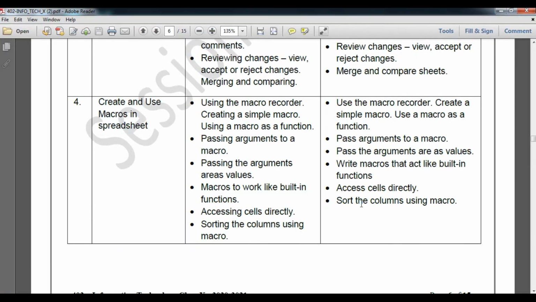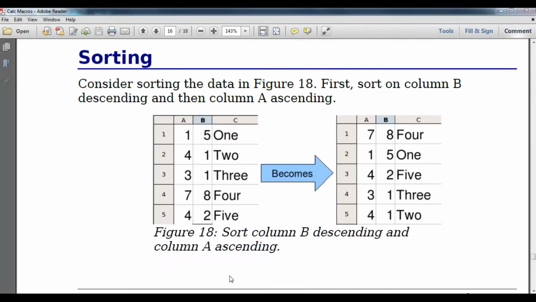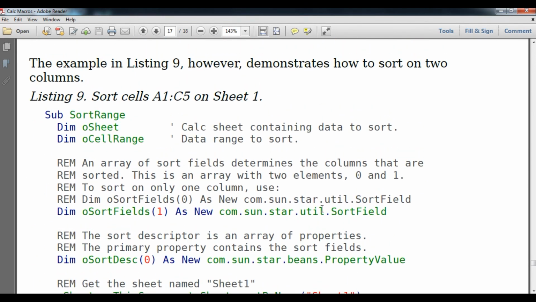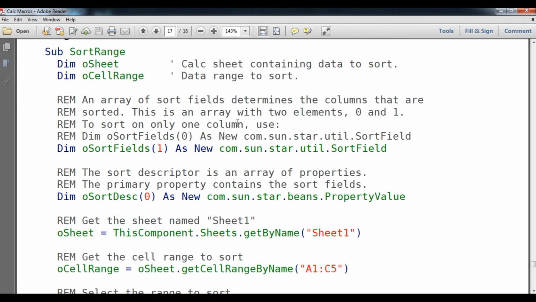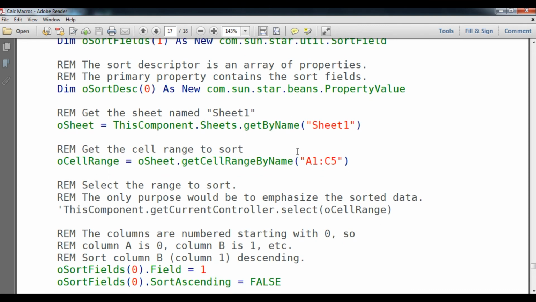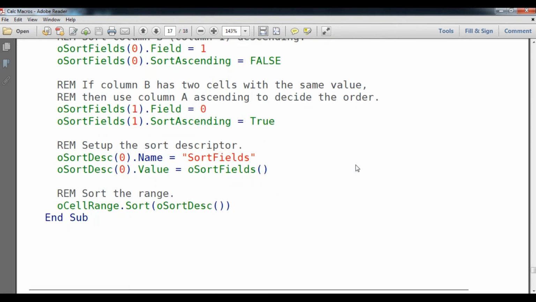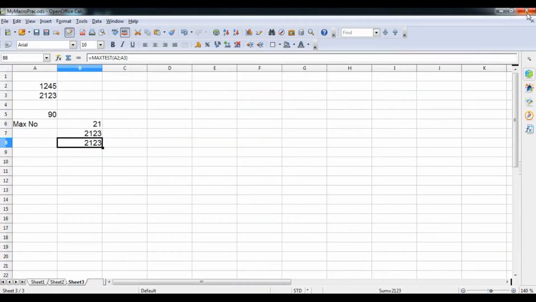And now we are talking about the next topic, that is sorting a column using a macro. Student, using a sorting macro is really not easy, because if you are learning basic language, this is the code that I give in the documentation. In this we have taken the function, that is sub, and the function name, and we have asked the user for a cell range. Here you can see the cell range A1 to A5, and after that we have used some sorting mechanism. Okay, this will be a time-consuming process, so I will give you the best solution for that, student.